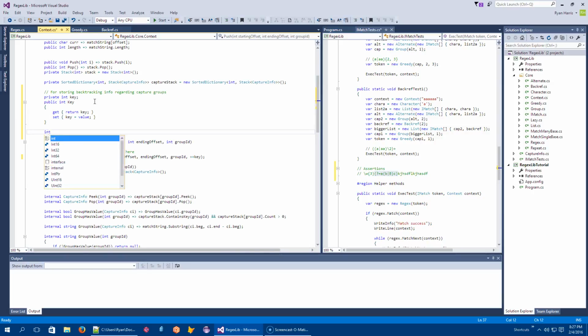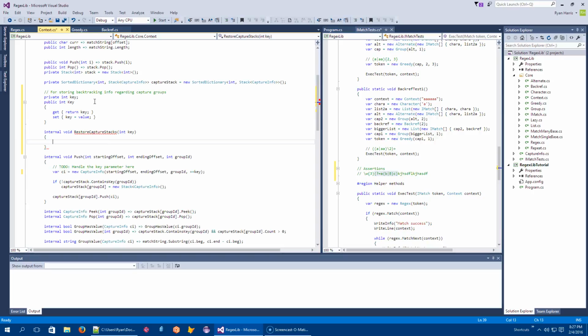Let's slot something in here. So internal void, and we'll call it RestoreCaptureStacks, int key. All right. And what I want to do is go through each one in capture stack keys, right?